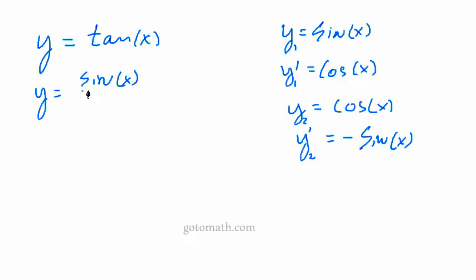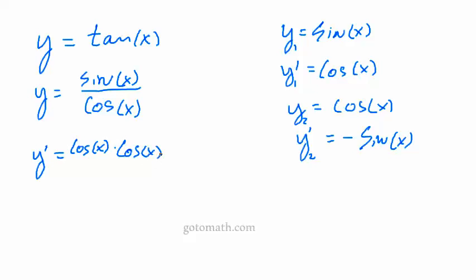We know that tan x is sine x over cosine x, and in the previous section we talked about using the quotient rule, and that's what we'll do here. y prime is equal to the derivative of the numerator, derivative of sine is cosine, times the denominator, minus the numerator times the derivative of the denominator. Derivative of cosine x is negative sine x, and of course it's all over